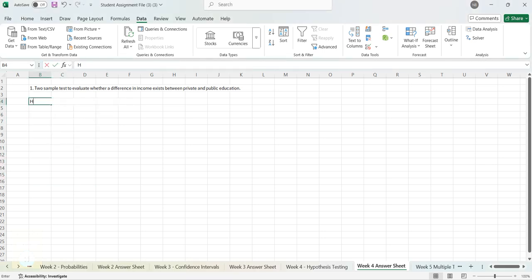Let's assume the null hypothesis, H naught. What does it speak about? It's about there being no difference. Here, whether there is a difference or not, we are verifying, right? So we say there is a difference between